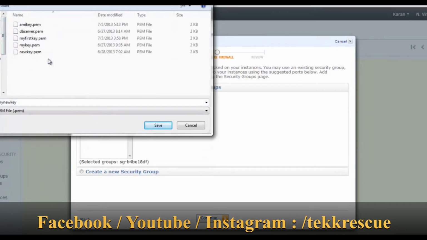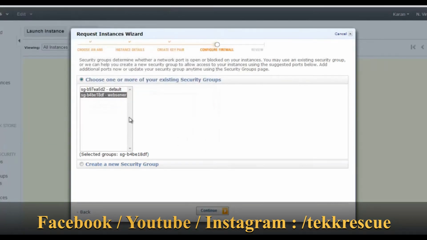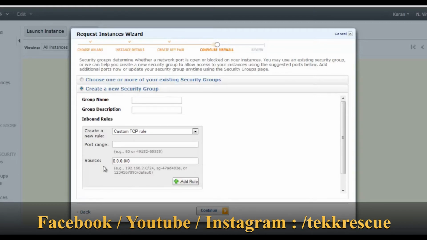Save it in your keys folder. So then comes your security group. This is kind of a firewall. It allows you to block unwanted ports and allow only those ports which you want. For example, let's give a group name here, my first group